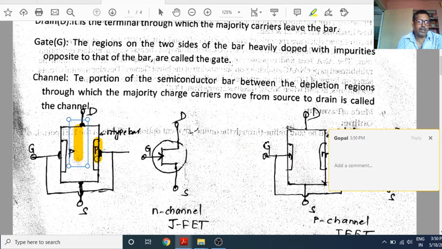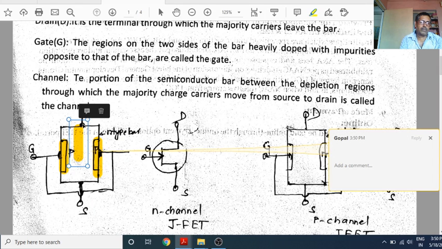I am showing in the figure, this part. Actually, this is N type bar, and opposite polarity, means P type, is diffused on both sides at the middle.